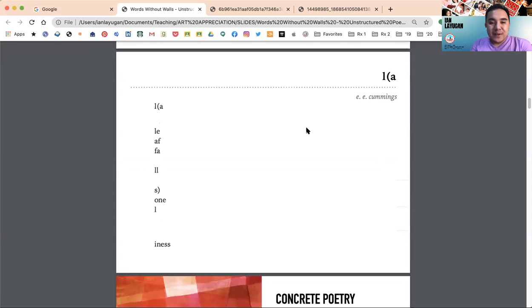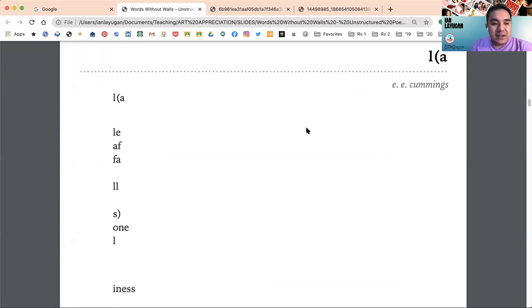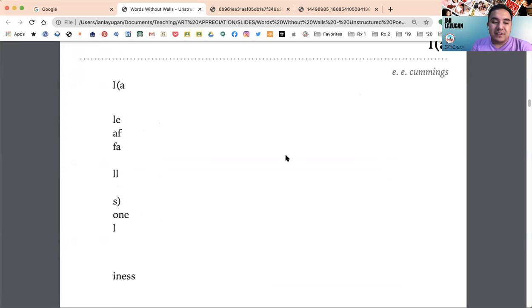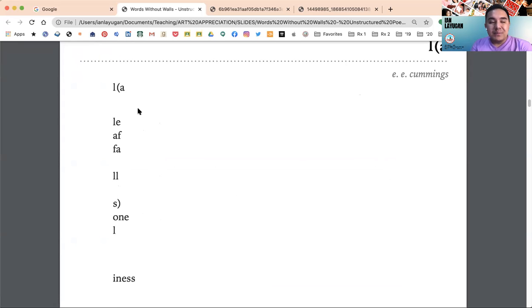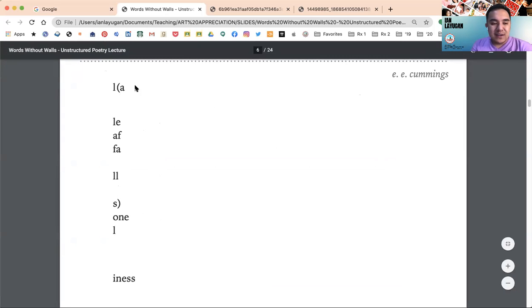Okay, so this is also by Cummings. If you look at it, it's a very simple poem, but it has a lot of levels. Cummings is one of the visual poets. Also, he's an imagist. He loves images. So if you look at this kind of poem,